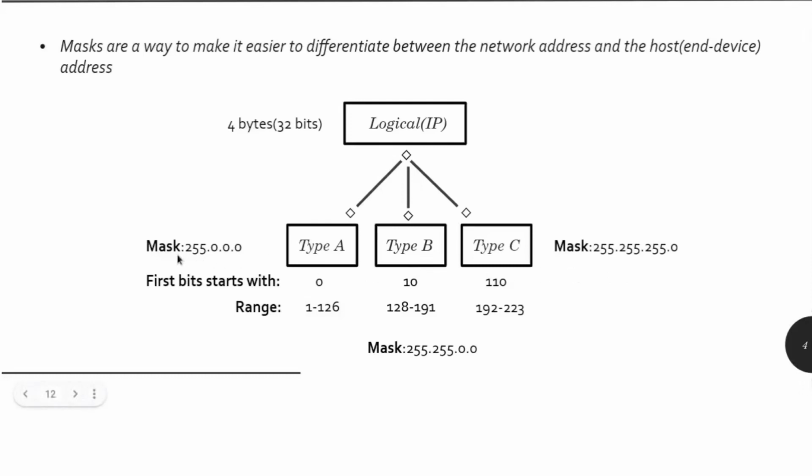So what they did is a simple mask. A mask is just to make it easier to differentiate between the network address and the host address. When I look at any type A address, I would know that the first byte is reserved to represent the network addresses. So I say 255.0.0.0, which means this is the mask. The mask makes it easier to tell the difference between the bits that represent the network addresses and the host bits. And then for type B, since I have 2 bytes reserved for networks, I have a mask of 255.255.0.0,